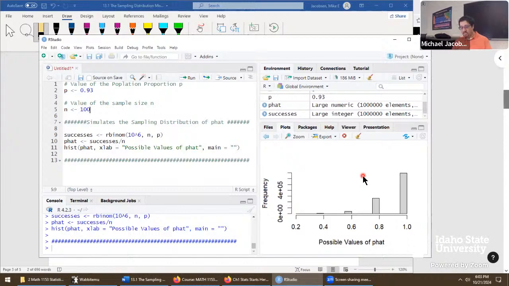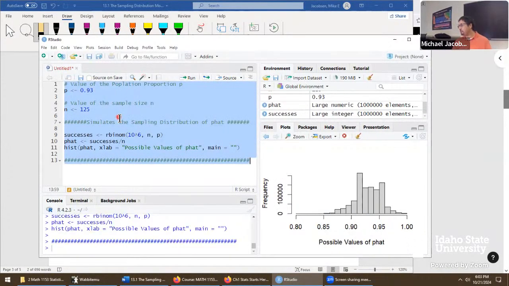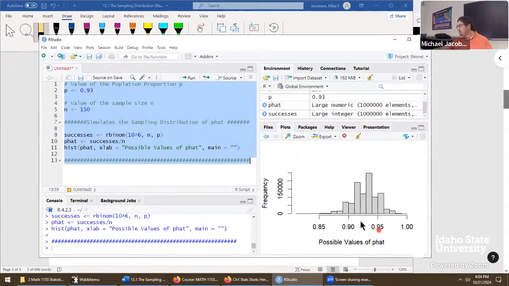So let's go up to sample size 100. That's where we had a little bit of skew. And let me know where you'd feel comfortable calling this well approximated by normal. So add 25 to that. That got really weird at 25. We got a weird peak. I don't know if we would be too happy with that one. Let's go up to 150. A little bit more normalized at around sample size 150.